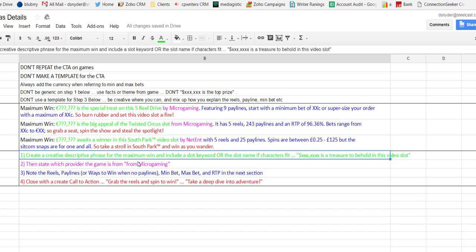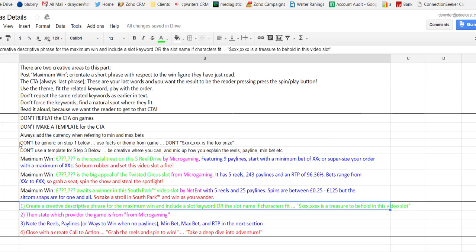Step 2, then state which provider the game is from. So microgaming, whatever it is, from. This is where you can actually use from. These are the people that create it. 3, note the reels, pay lines, or ways to win. Min bet, max bet, RTP, whatever. Then go and close it out. Okay. So examples, max win,